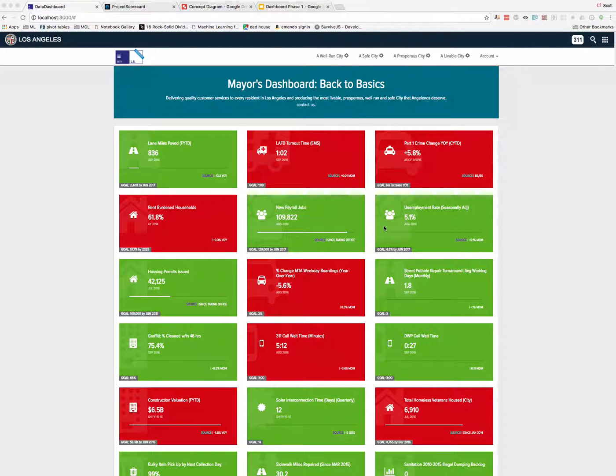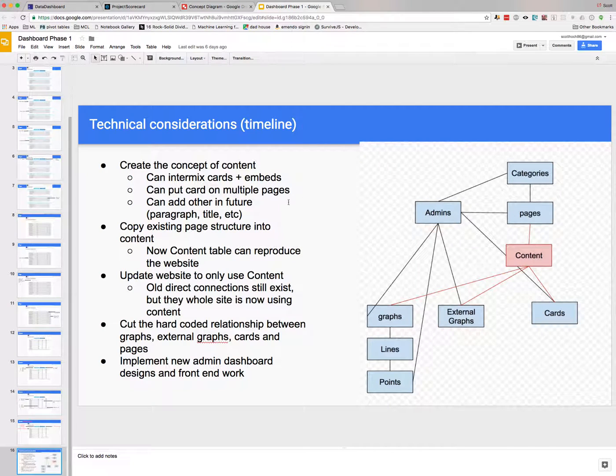I'm here to walk you through some of the changes from phase 1 on the new Mayors data dashboard. What you'll notice here, if you look at the URL, we are at localhost, which means it's just hosted here on my computer. I pulled all of the data down from the Mayors data dashboard in production so that I could recreate everything here. I've essentially migrated that data over to a new format,